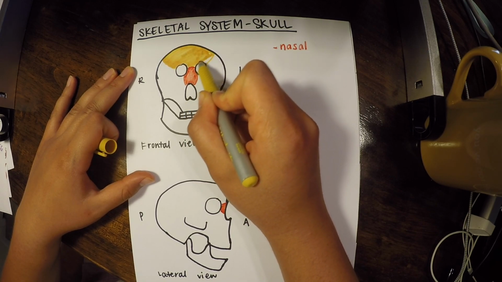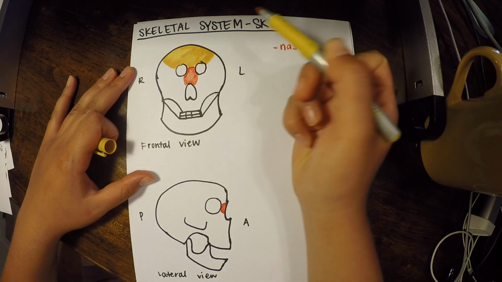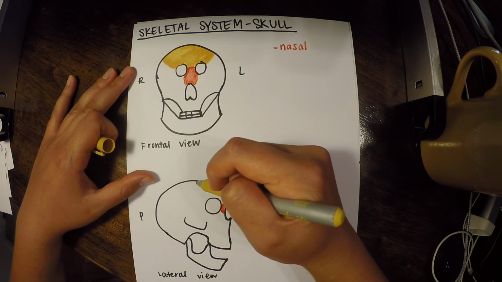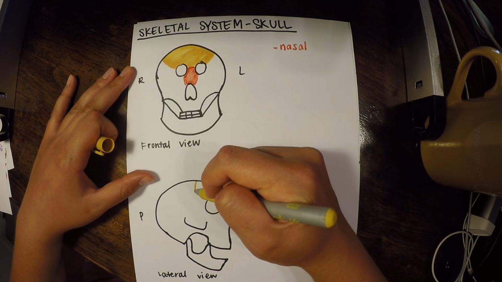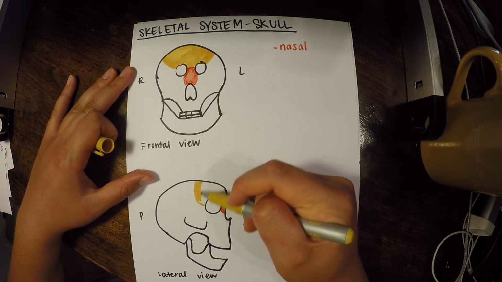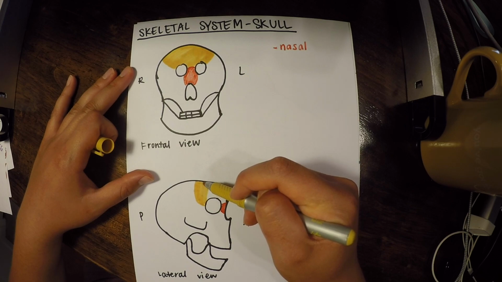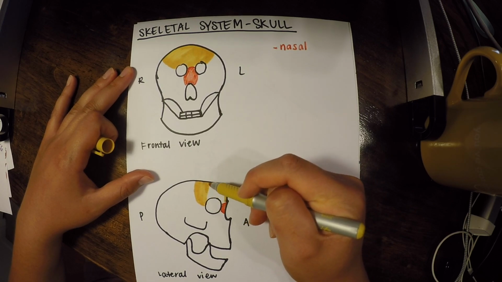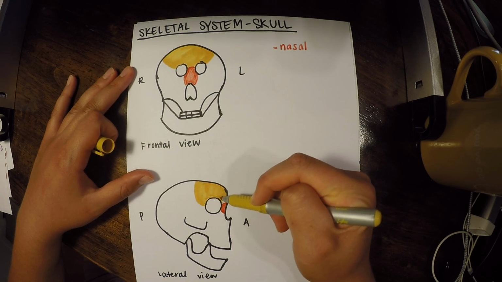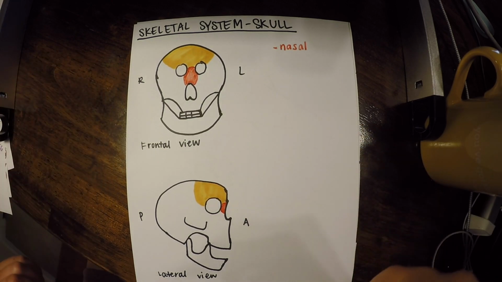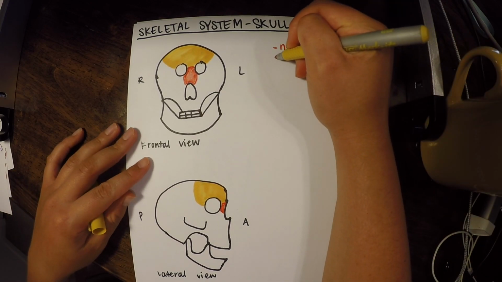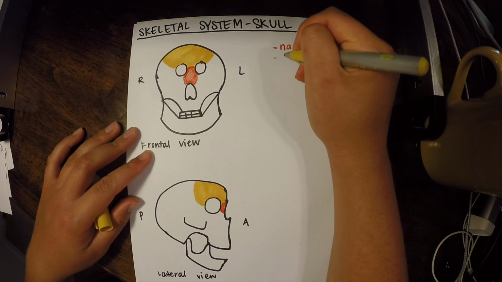So again, as always, I encourage you to color along with me. It's really just going to help so much visually. That's how I learned anatomy the best, and it has worked great for students in the past. And I'm trying my best to make things as proportionate as possible. I know you'll do the same, but that's why I also encourage you to keep a textbook around to really make sure that you're getting the idea, even if things aren't exactly proportional. So again, that's our frontal bone.